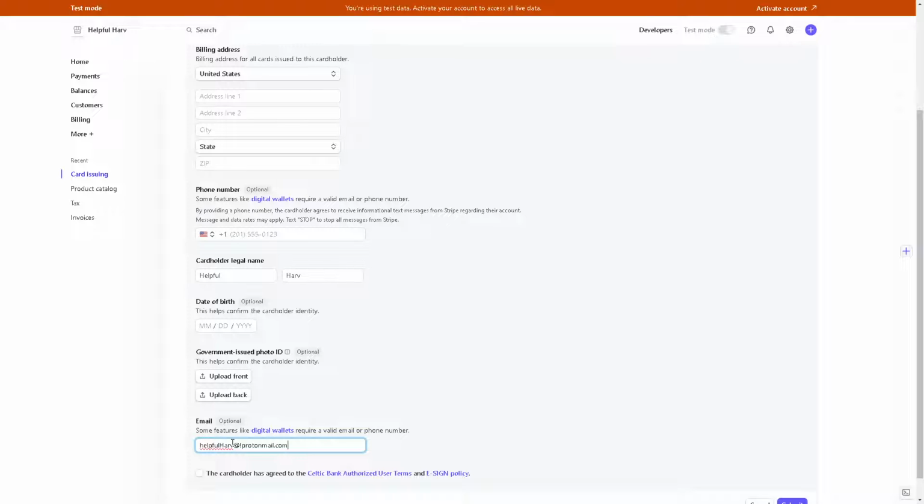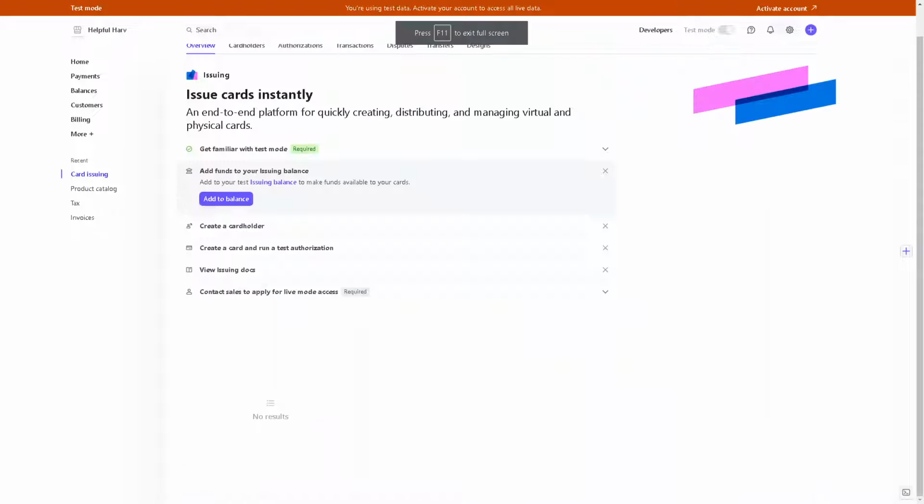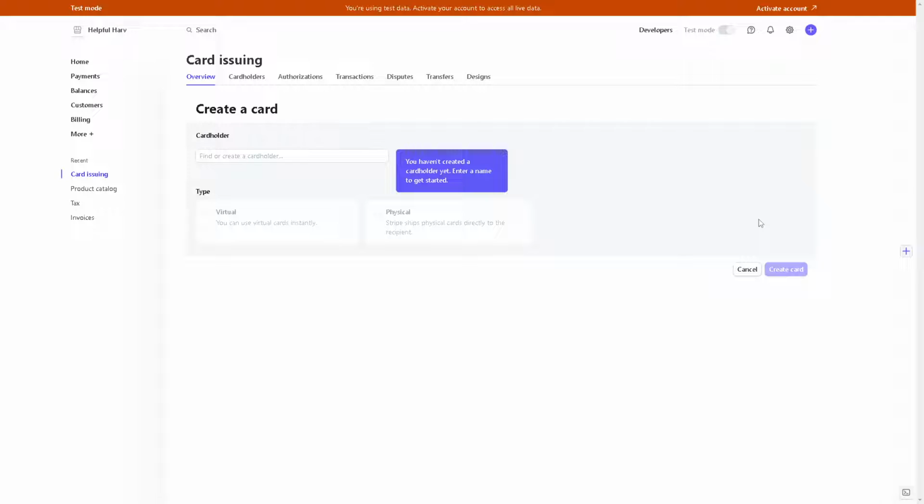And from here, click on the terms and agreements and click on submit. Right now, after that, you can click on the create a card and run a test authorization. Click on it, and from here, if you haven't created a card holder yet, enter the name to get started, which is going to be